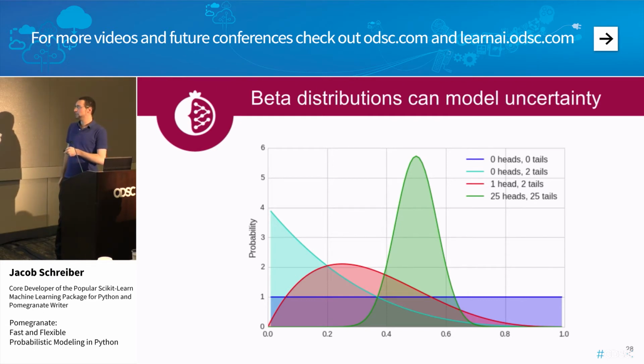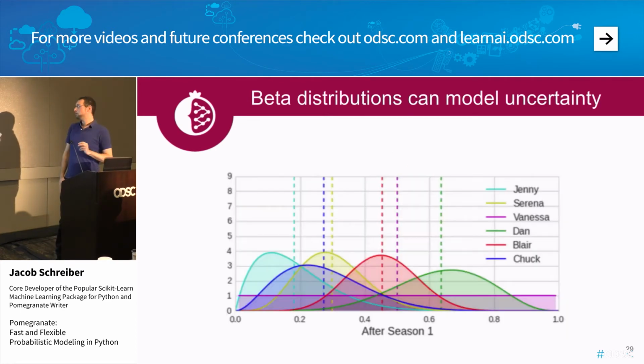Then you flip the coin twice and you get two tails. And it says, okay, well, since I've seen no heads, it seems most likely that I can't produce heads, but there's still a chance that the parameter can fall within any of this space. Then next, we flip the coin again and we get a heads, and the probability of never being able to see heads drops immediately to 0, which makes sense because we just saw heads. So as you collect more data, the variance of this distribution decreases, and you get something which converges to around a normal distribution around 0.5, indicating that this is a fair coin.